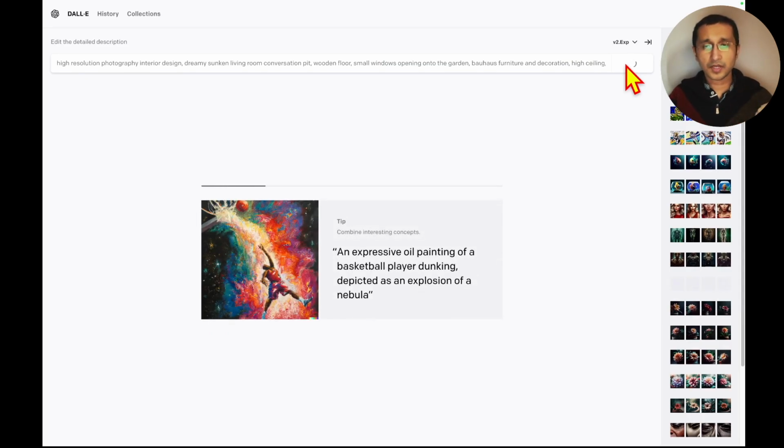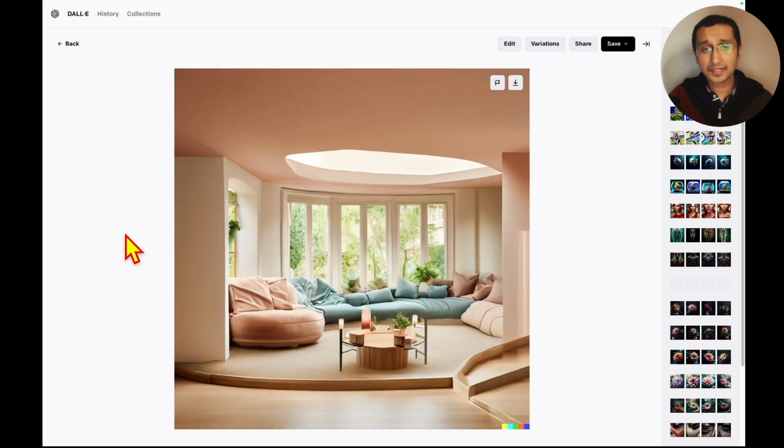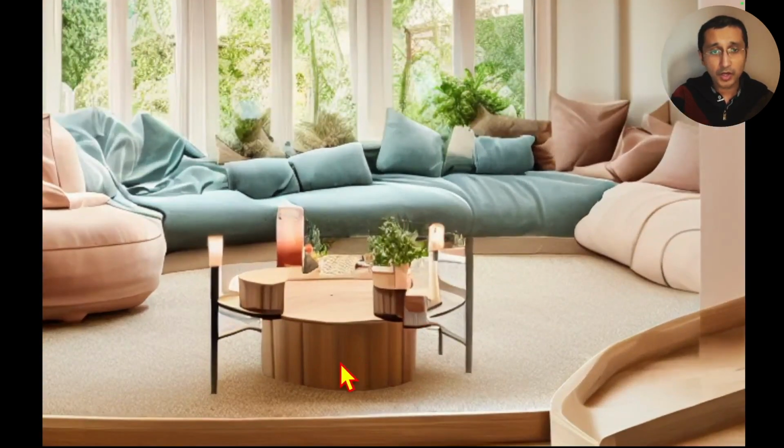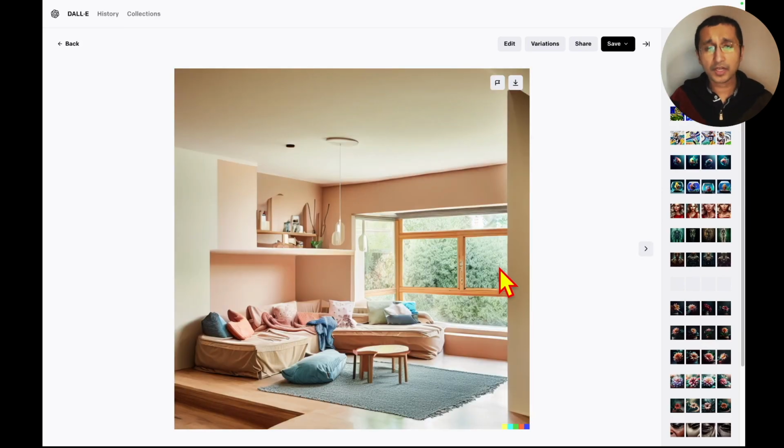Well, if the first one was good, this one is everything that is photographic, because this just looks like a photograph. If I don't tell you who did this, you would say this was taken by a photographer. The lighting, even the cushions, to that extent. If I zoom in even on the table, if I had to nitpick, maybe some of the arrangements on the table are not as per, but otherwise the overall interior,